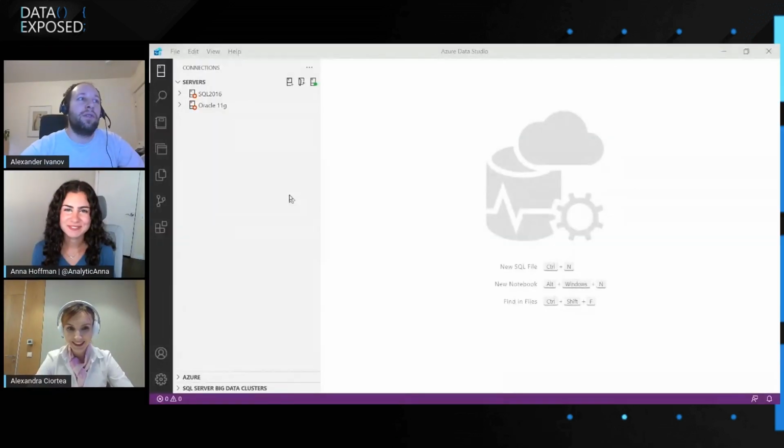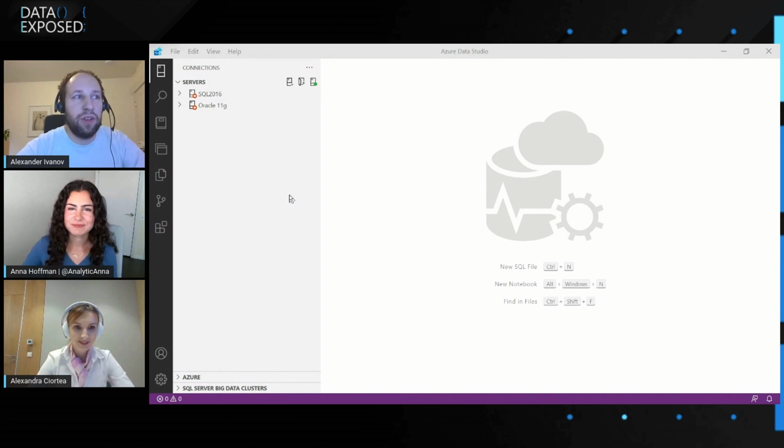So as Alexandra already mentioned, the new experience will be integrated into Azure Data Studio, which is our cross-platform database administrator helper tool where you can connect to your databases, manipulate your database objects, create new ones, drop them, and stuff like that. So we really wanted to integrate this experience into what DBAs are going to be using day in and day out.